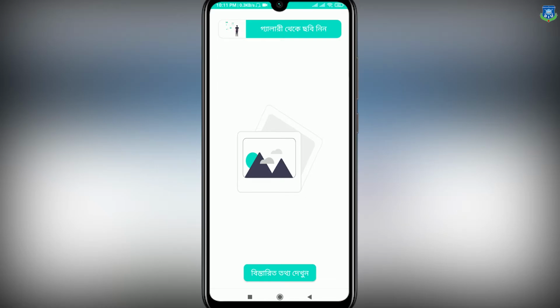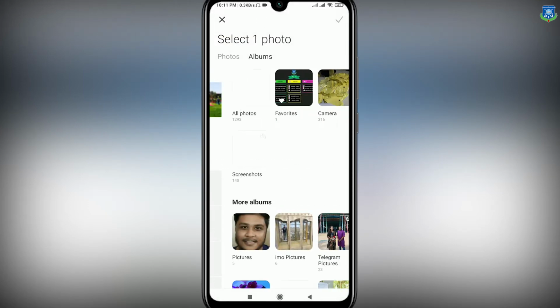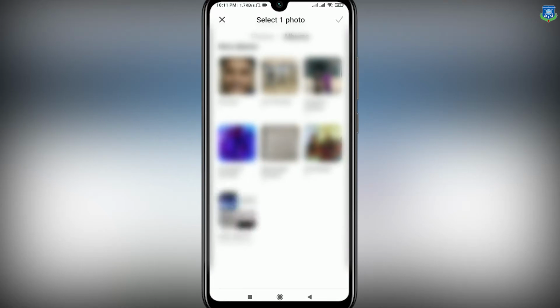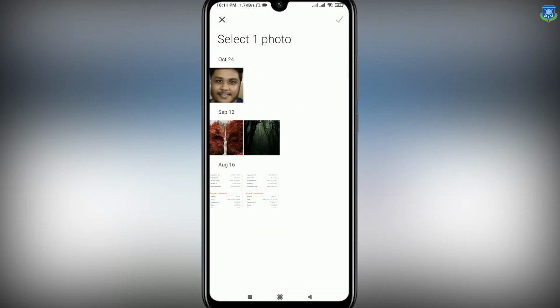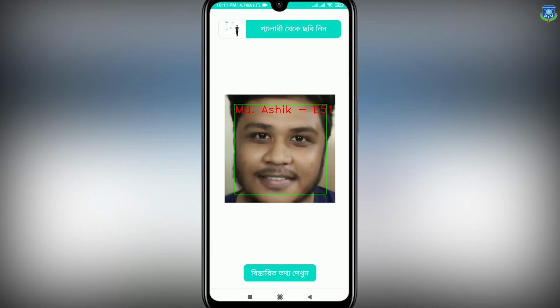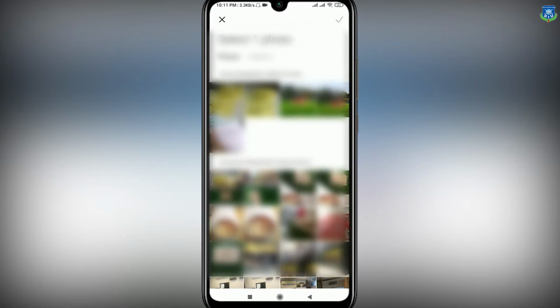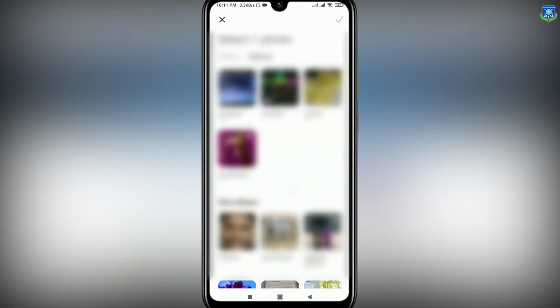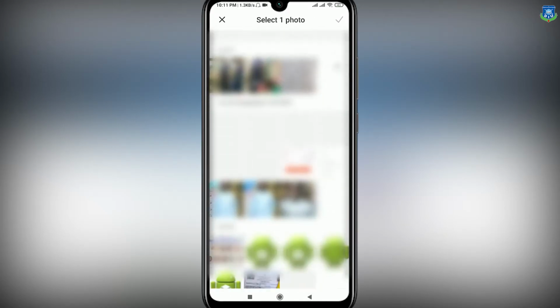In this option we will access our gallery and can recognize that picture. So I will click on this gallery option, and from the album we will see there are many pictures, and we will click on this picture and it will automatically recognize that it is Mr. Ashik. And if we click on the down button, that is details about this information, I can click on another image and can also check other images too.